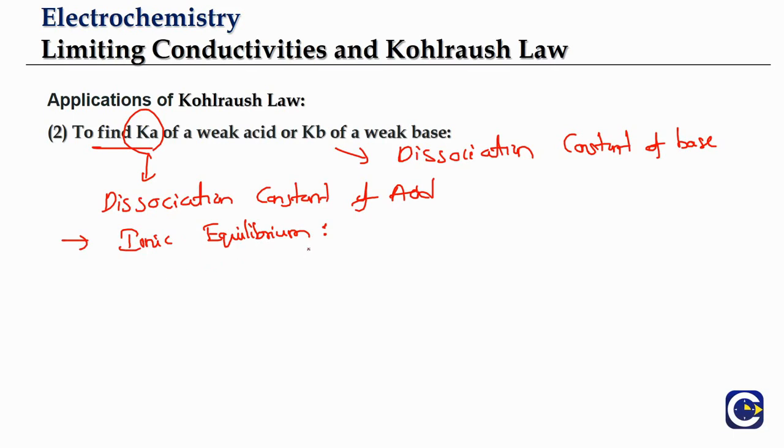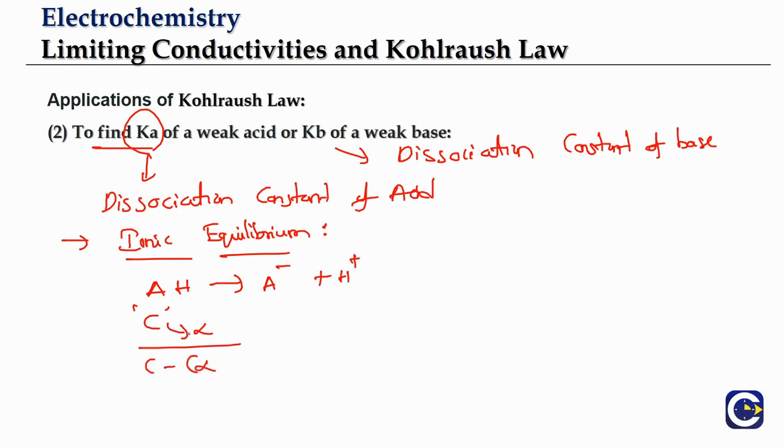Even in the normal equilibrium chapter as well as thermodynamics, we have seen concepts that correlate. If you look at the ionic equilibrium, there we talked about the dissociation of a monobasic acid of the type AH. It is going to give A minus and H plus. So if we have a concentration C and alpha is the degree of dissociation, the amount that will be dissociated will be C into alpha. Then the amount formed will be C alpha for the anion and C alpha for the cation. So the final concentrations will be what?